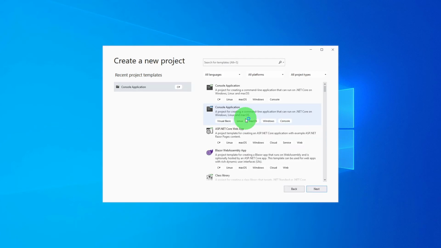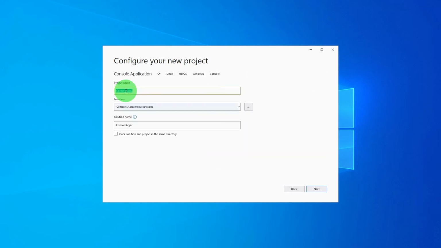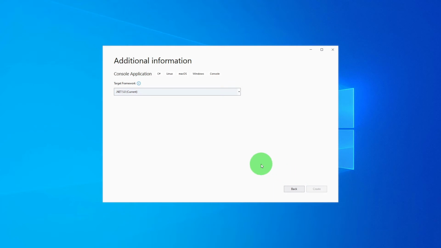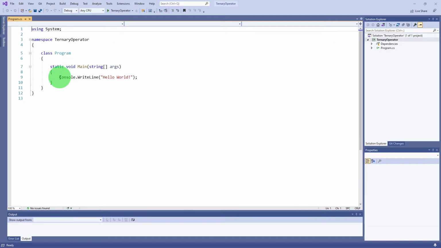And let me start Visual Studio, and we'll name this project ternary operator. As usual, I will put the download link for the code in the description of the video. So in here, let me first of all define two variables, int x equal to 7, comma y equal to 10,